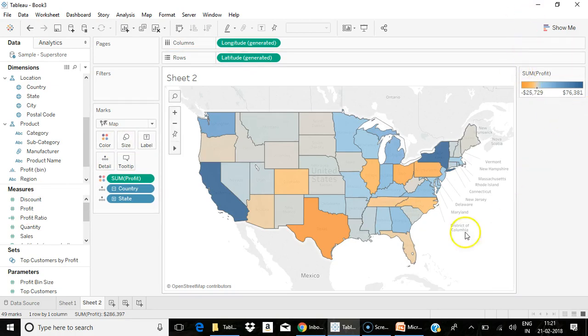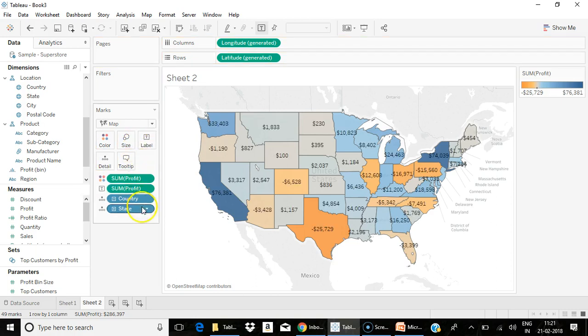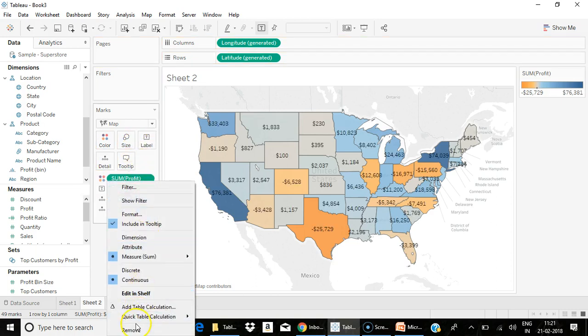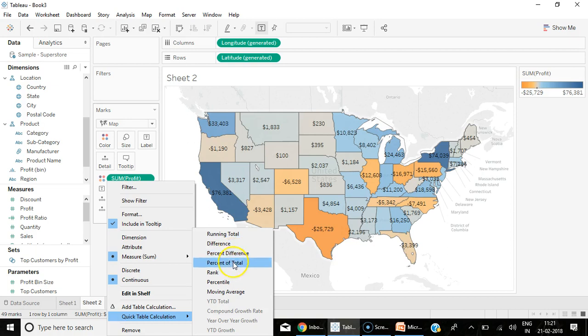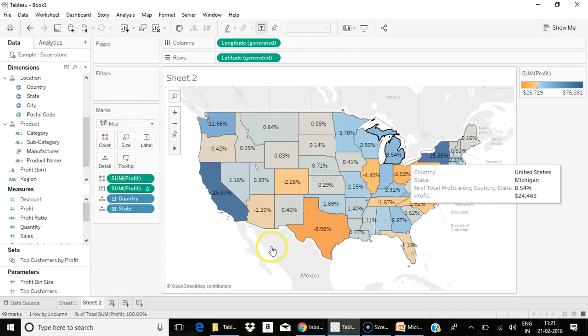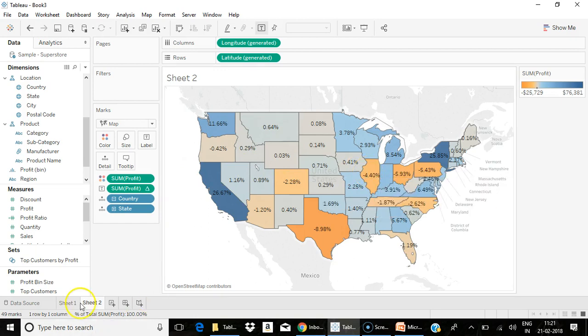I can also put my profits on the label and add a quick table calculation to show the percentage of total. So this is a filled map, and the other we call a symbol map representation. These two are the basic maps available in Tableau.